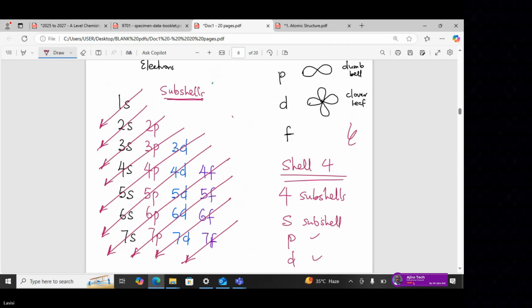From 4s we go to 3p, 3d. The arrow is going from top down, going from right to left. Start again. Okay, 1s,